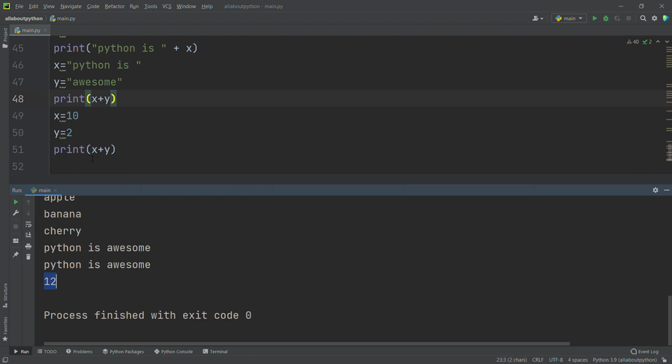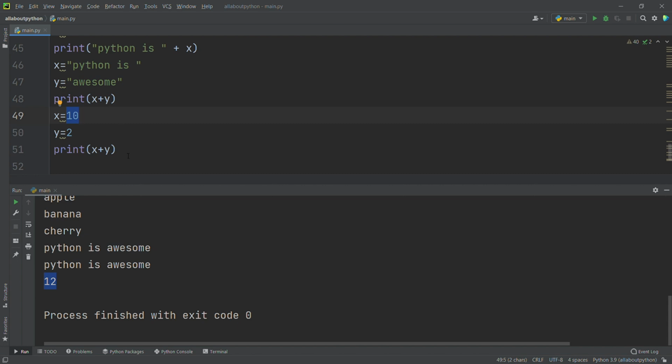When we concatenate variables or a string to a variable, it works as concatenation. If we do the same for integers, it works as general numeric addition. Here it's printing 12 when I add integers. When I do it with strings, it works as concatenation.